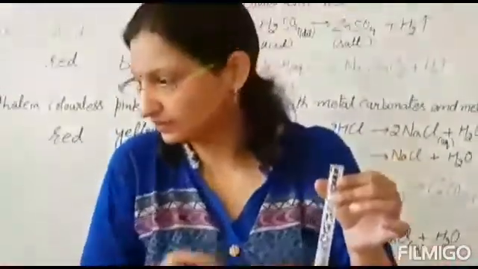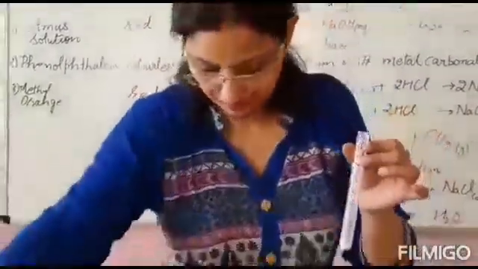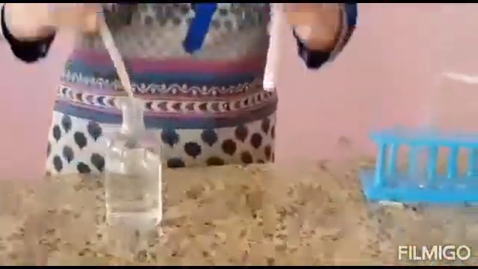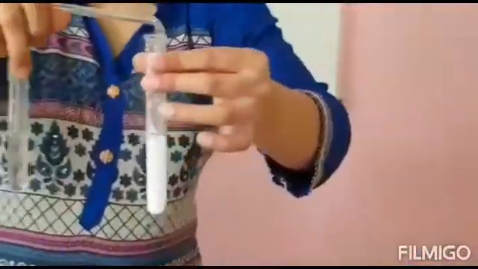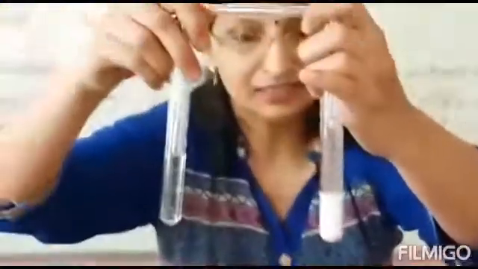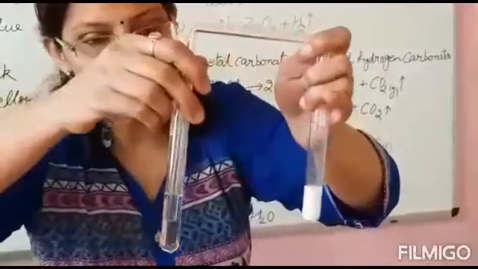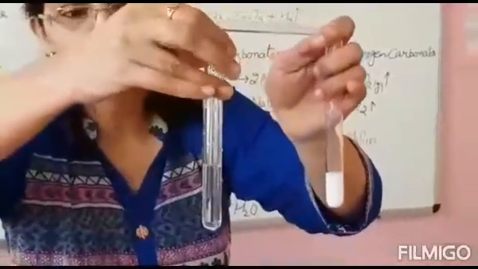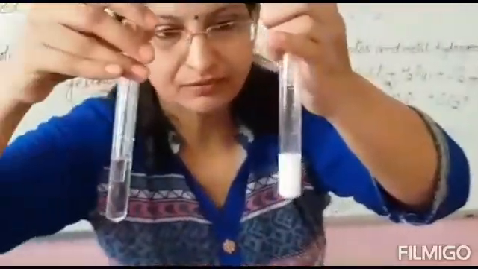I have added here sodium carbonate powder. Okay, now I will add the acid into it, dilute acid, and see the effervescence. The gas is coming out with effervescence. The bubbles are being shown here. You can see these, and I am allowing this gas to pass into the lime water taken in this test tube. See the bubbles.